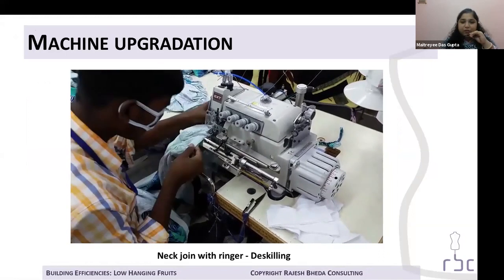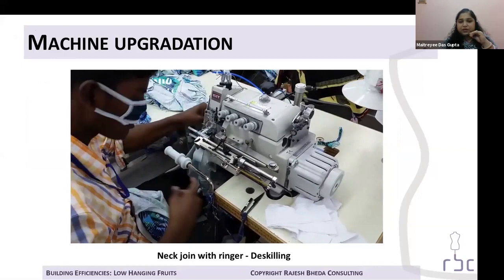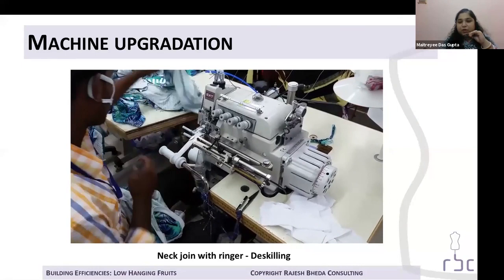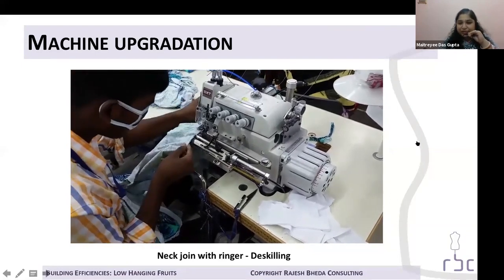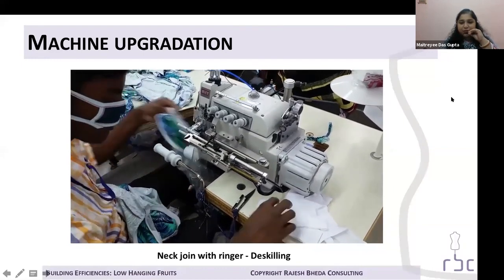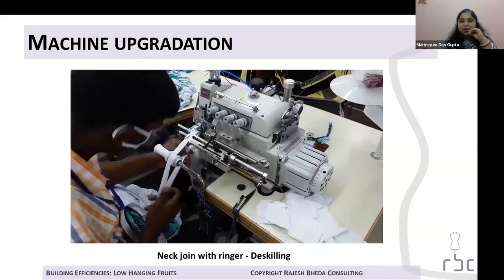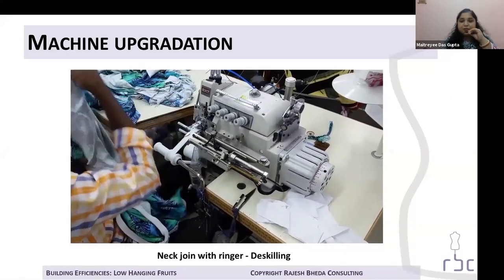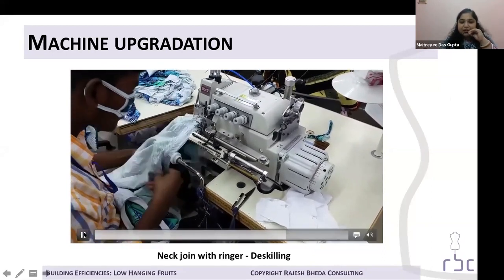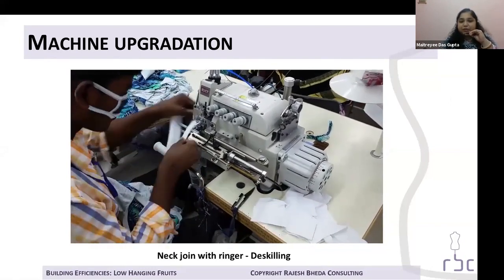You require a very skilled operator for this operation, because the rib has to maintain an equal width throughout and equal tension. And rib being a stretchable fabric, it requires very uniform tension throughout. So what they have done is, instead of having manual expertise, they have put in a roller machine. This has improved the production, and practically they have de-skilled the operation with improvement in